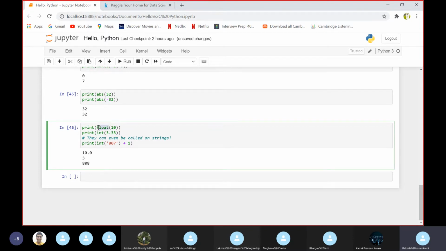So we are using the float function to convert this integer, and we get the result as a float value. Here we are using a float value and converting it to an integer. So we are using the int function here, and the result is in the form of an integer.